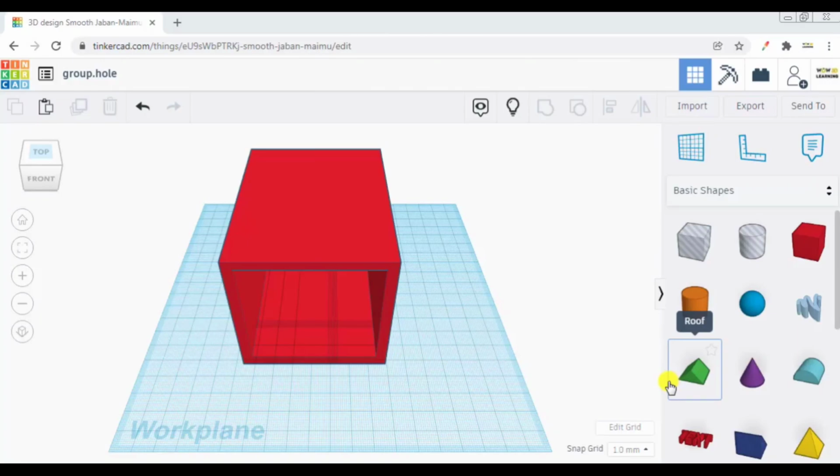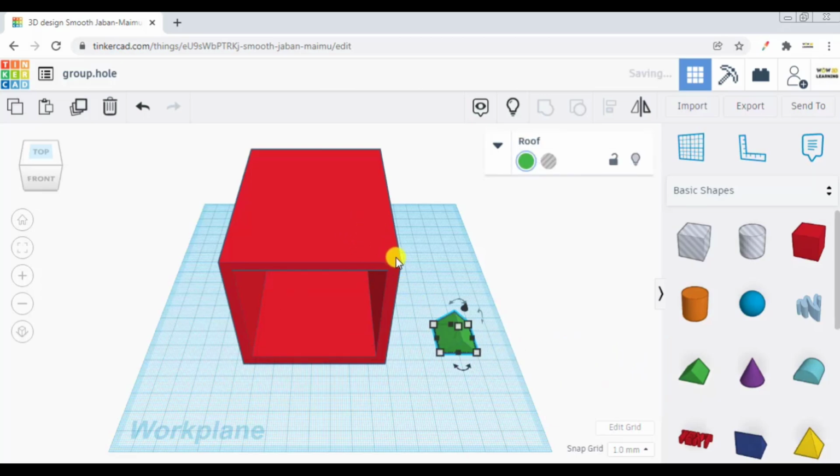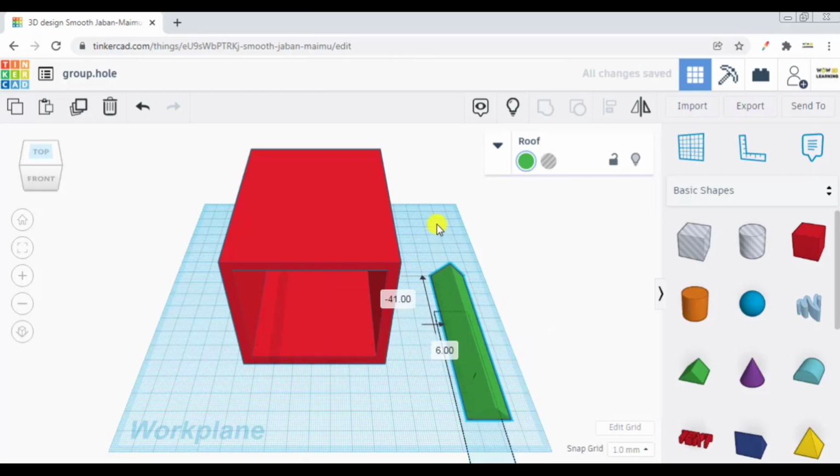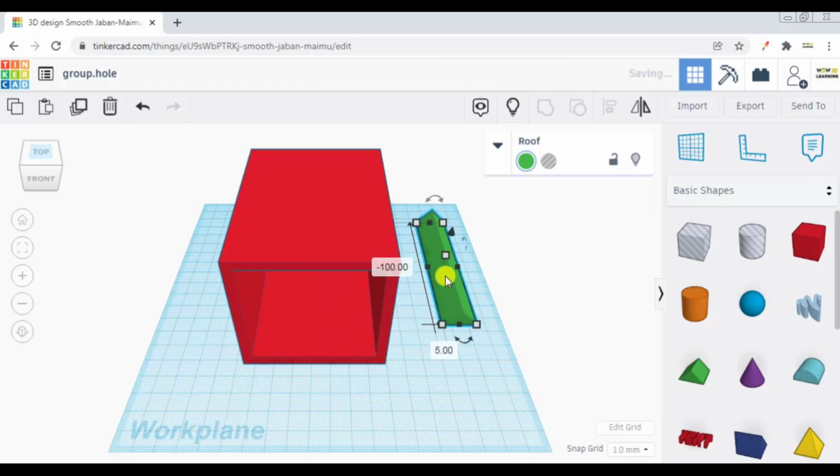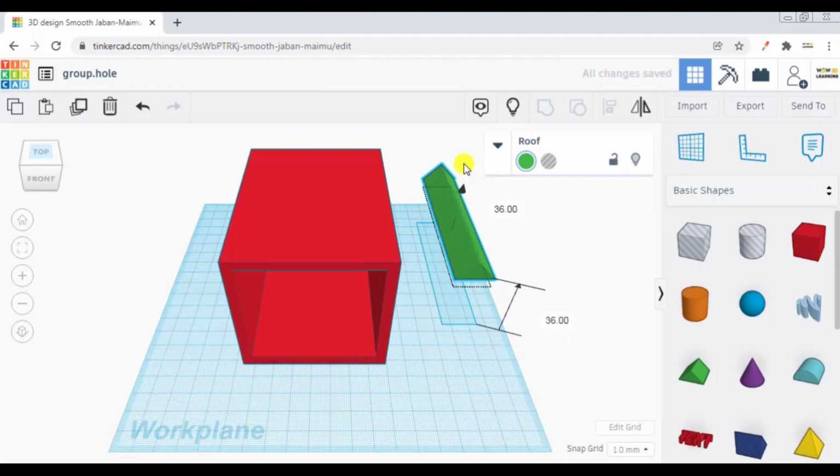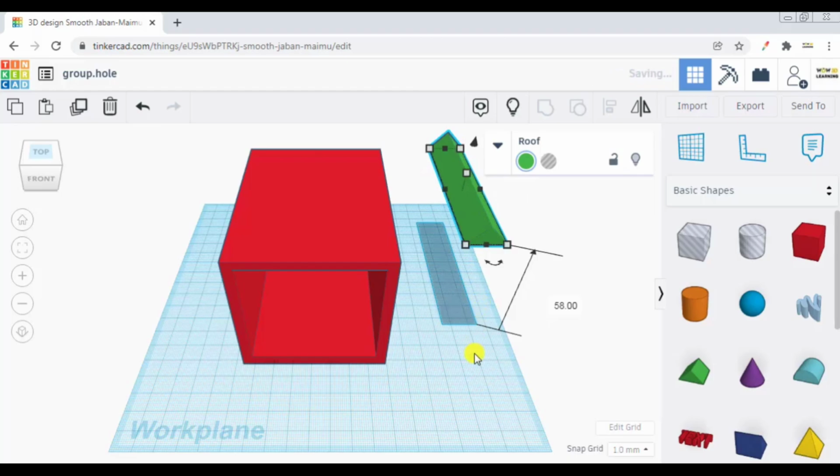Now in this container which we have made, in order to transform into a bird nest, what I am thinking to do is, I will drag a roof from here and let me put this roof onto this. Since this dimension of our box was 100, right, I will give it the roof length dimension as 100 and let us keep with this only. What I will do is, I will press on this triangle to move it up.